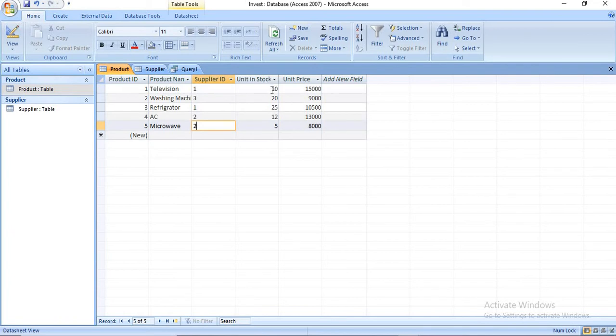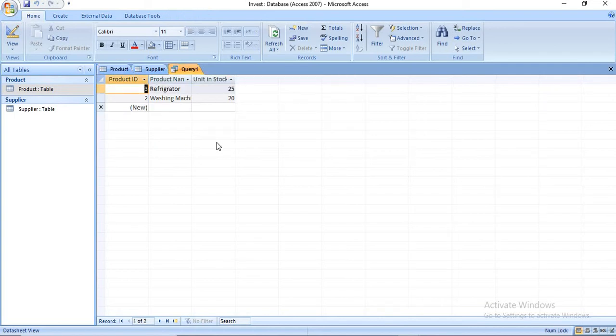In unit in stock, we have only two values greater than 15, that is 20 and 25. All our other values are less than 15. Only 20 and 25 are greater than 15. So our criteria gives only those records whose unit in stock is greater than 15. So the answer is 20 and 25.